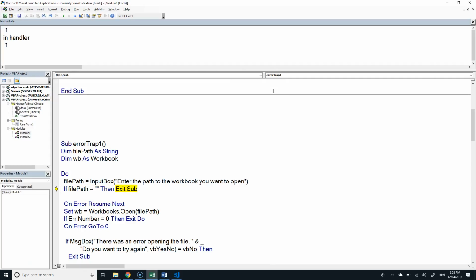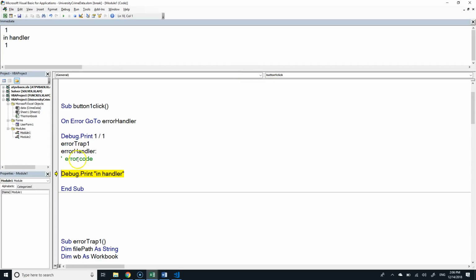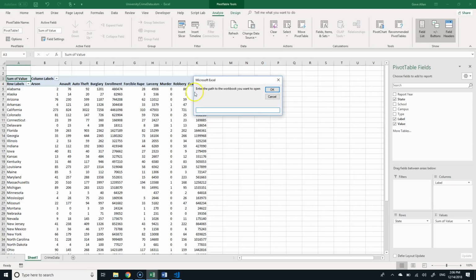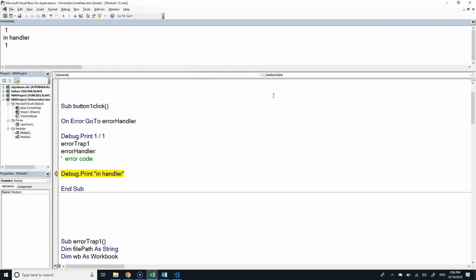Now, if I realize I don't want to be in here, I want to step out, which is Control-Shift F8. And that's going to finish executing the error handler and take me to the next line here. But if I'm up here, I'm finished executing error trap. If I press F8, it's going to step into that. If I want to step over it, I'll do Shift F8, and it's going to execute that whole thing, which includes putting up a message box. So it's doing that, and then finishing that off and moving to the next line of executable code.